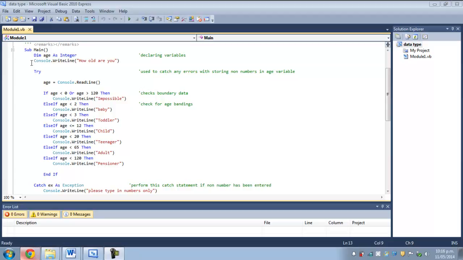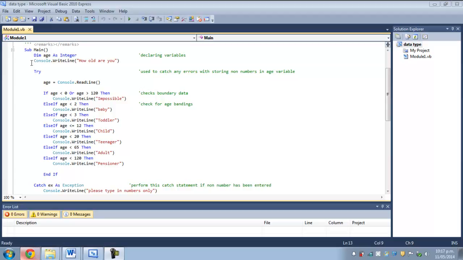Alright, welcome to the next tutorial on loops. Today we're going to take another look at a previous exercise that we've done with our age checking program. With this exercise we are going to try and build a loop into the program to make sure that the program continues to ask the question of how old they are until they type in a valid